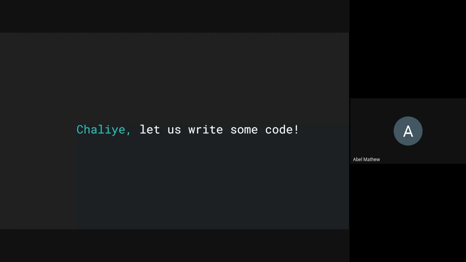So let me stop sharing the screen and start sharing my code window. Sorry, I shared the wrong tab.